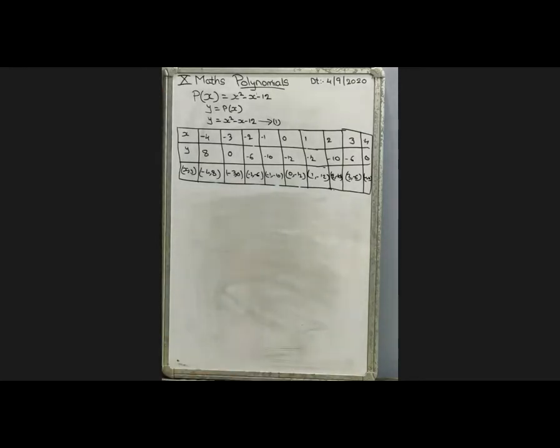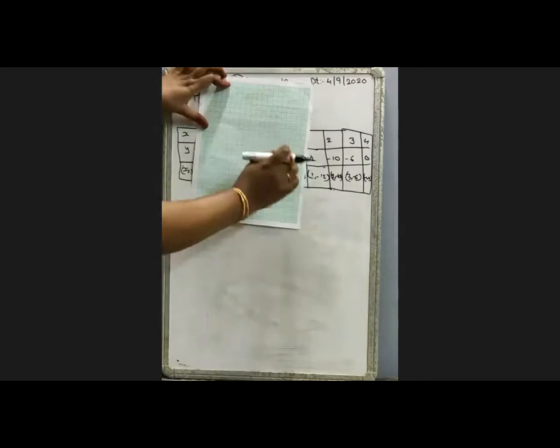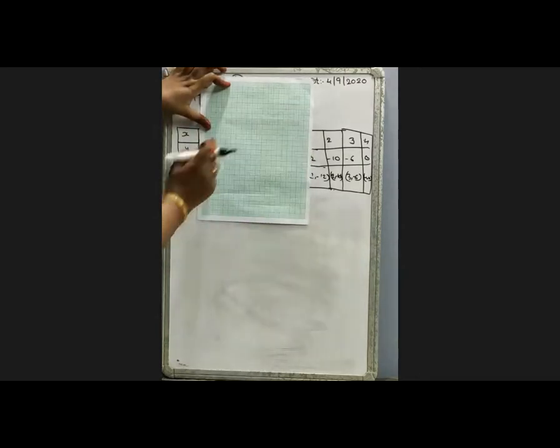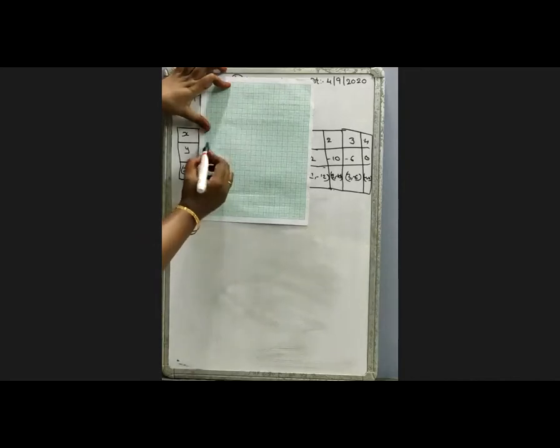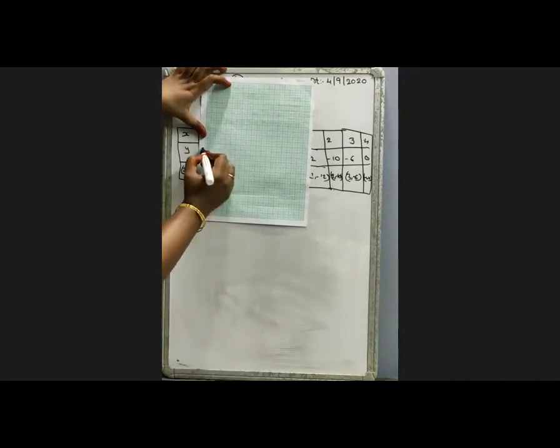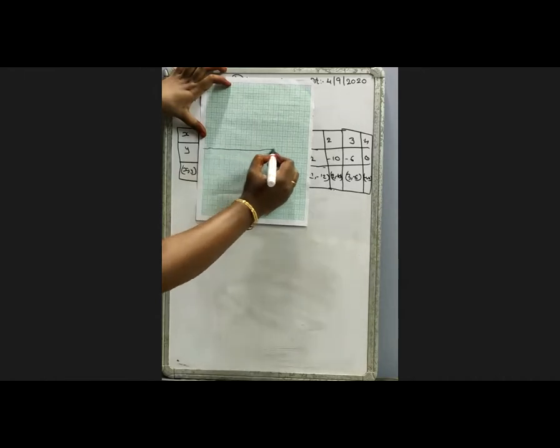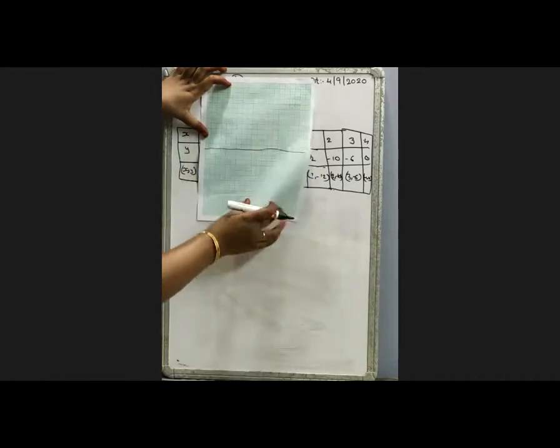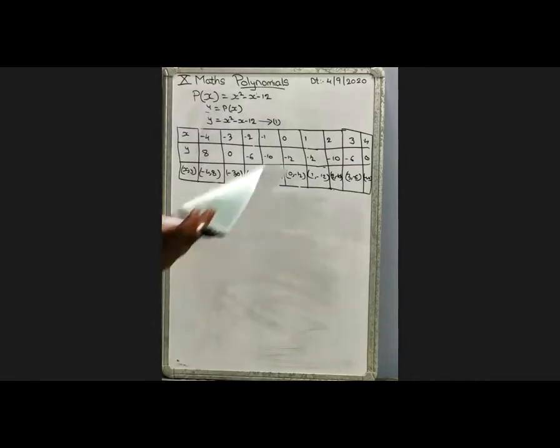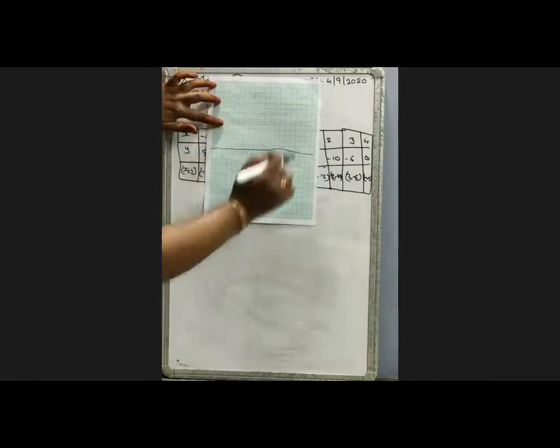So for this, he has to take the graph. It is already set, and it will be like that. If you take the center, on the sides you have to write x-axis, x dash, y-axis, y dash. And suppose you take the center part, this is the center part. Using the scale, you have to draw the x-axis and y-axis, not the full graph.